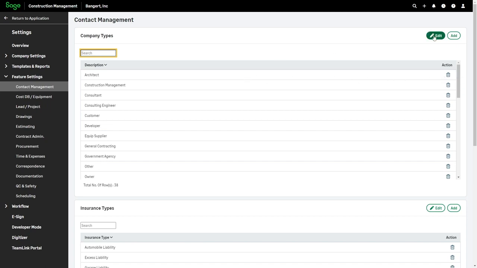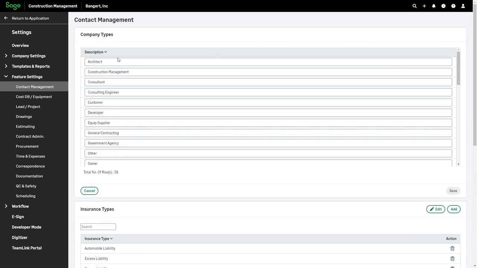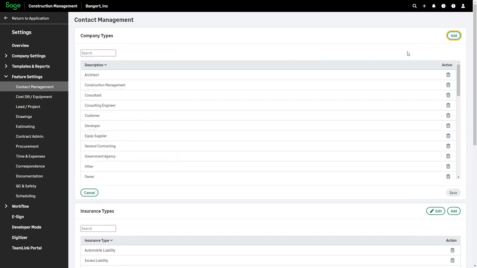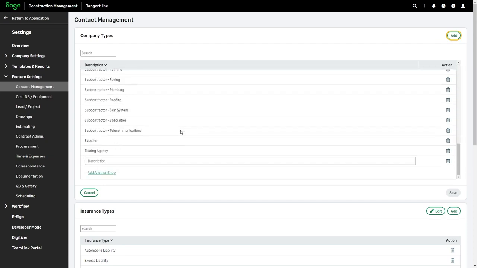If you need to modify one, you can just hit the edit button and it just opens up the grid. So it's very easy to come back in here and change the description or adjust them as need be. Once I get done making whatever changes, I can hit save to accept it. In my case, I'm going to hit cancel here. And this is also where I could hit add to create a new one to the list. So as I'm going through there, it just comes up with a description. So that way I can go ahead and say whatever it's going to be.